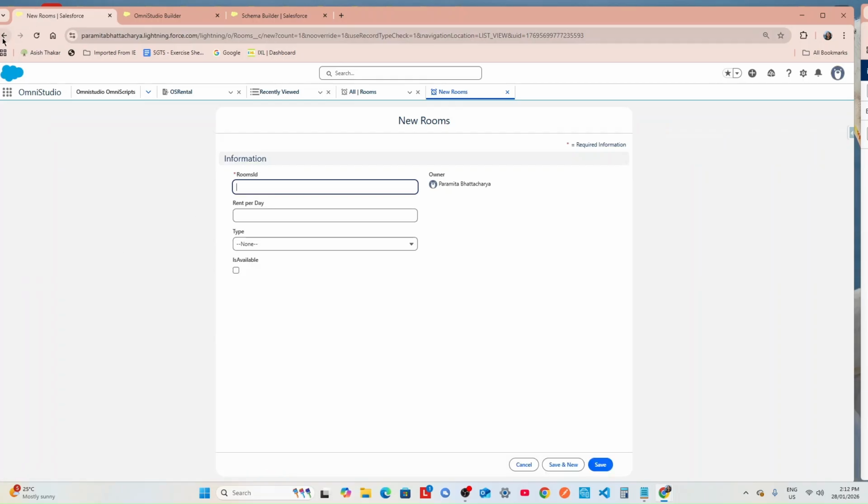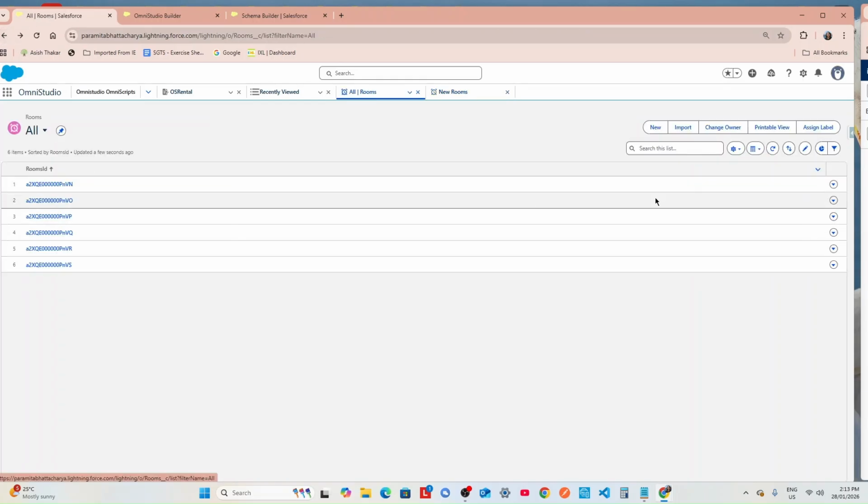But I think probably will not be able to create manually here because there are some restrictions. I don't know, it's maybe because of my org. So what I did, I added some records in the Google Sheet spreadsheet, and then I downloaded it as a CSV file, and I used the